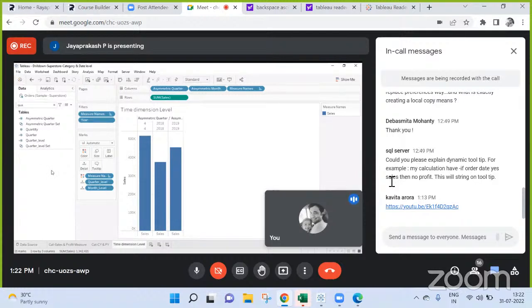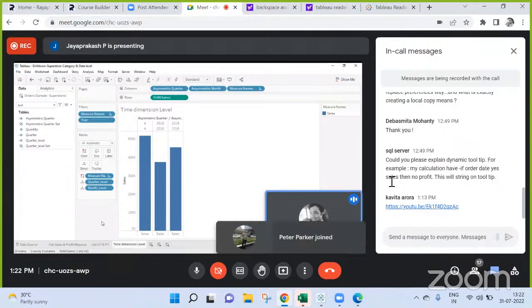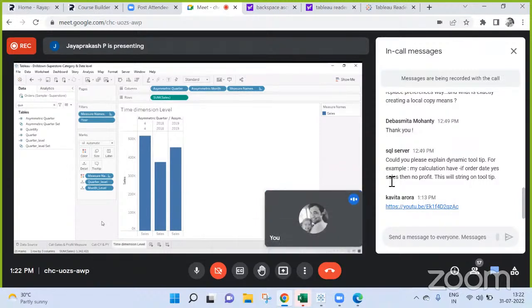So do one thing. You are present in the Tableau Rayapati group, right? Yeah, Telegram. You create it using empty set or using this quarter level set, and whatever the results are, share it in the group. I think all of us are present. Kavita, Ravikiran, Peter, me, and Kalpana are all present in there. So we can discuss in the group as well. Okay, sure. We can do that.